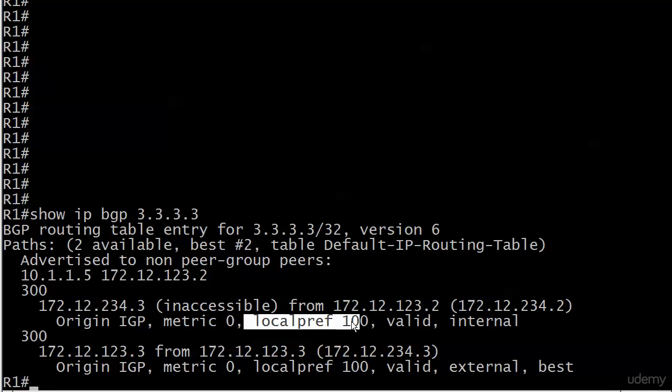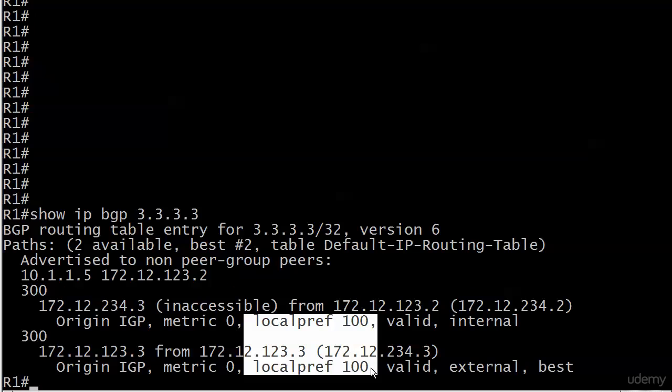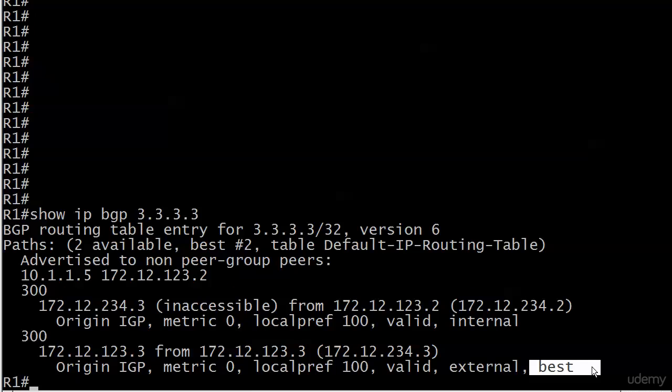Notice here the local pref for each one of these two paths is 100. Notice this one was marked as best. And why? Because of this. And this is why I love this command. This goes back to what we were talking about before about a router knowing where a next hop IP address is or not knowing where it is. Well, the thing is, the next hop for this given path is